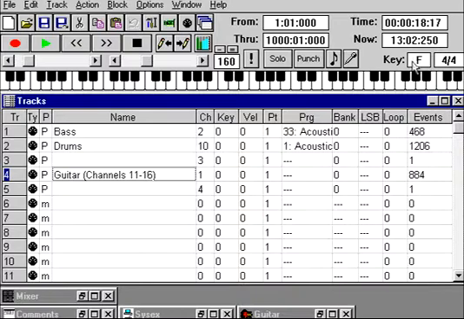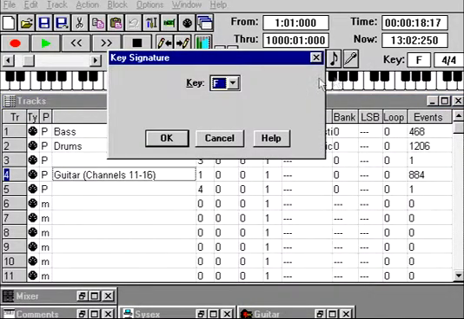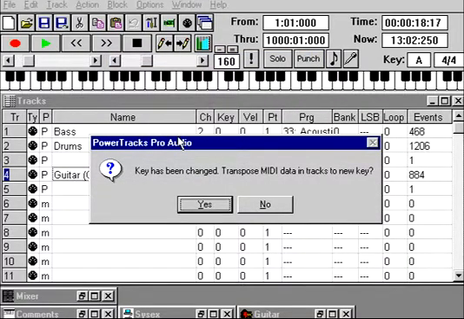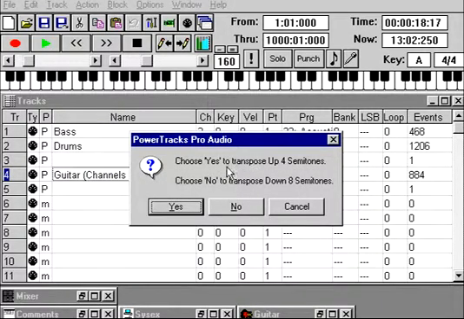Now if we double click on this F, we can change that to another key. Maybe we want to sing along to it or something, and we don't like that key, or we can't sing in that key. We can change this right here, and let's say we want to change it to, I don't know, A. Okay, that's our favorite key, so we just click on that, we say OK, and we get a dialog right here that says the key has been changed. And what this allows us to do is confirm that we want to definitely transpose all our MIDI tracks in this song to the new key, and we just say yes,